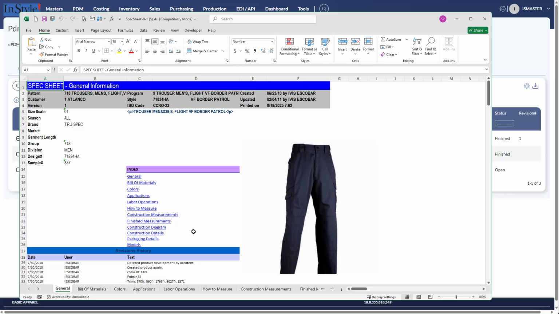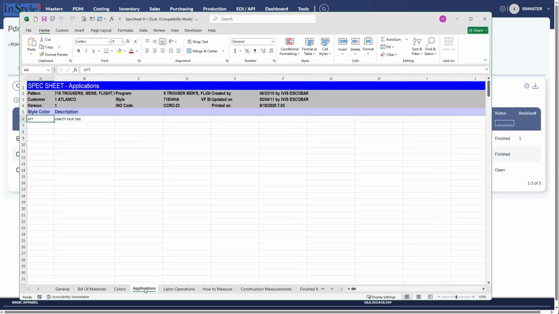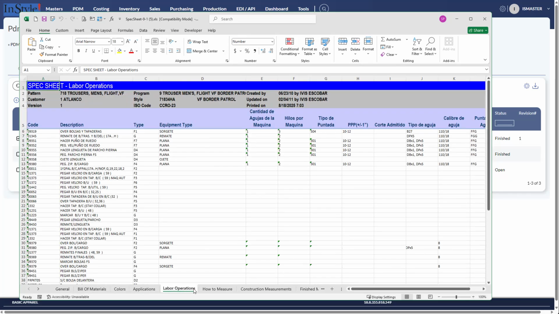Anyway, so here we have the main information, general information, bill of materials, the different colors, the applications, labor operations, etc., how to measure, construction measurements, finish measurements,